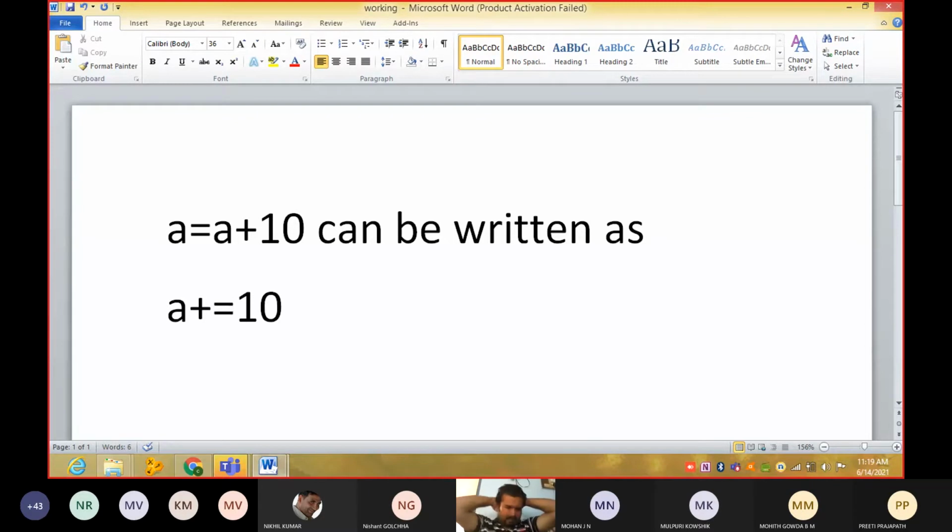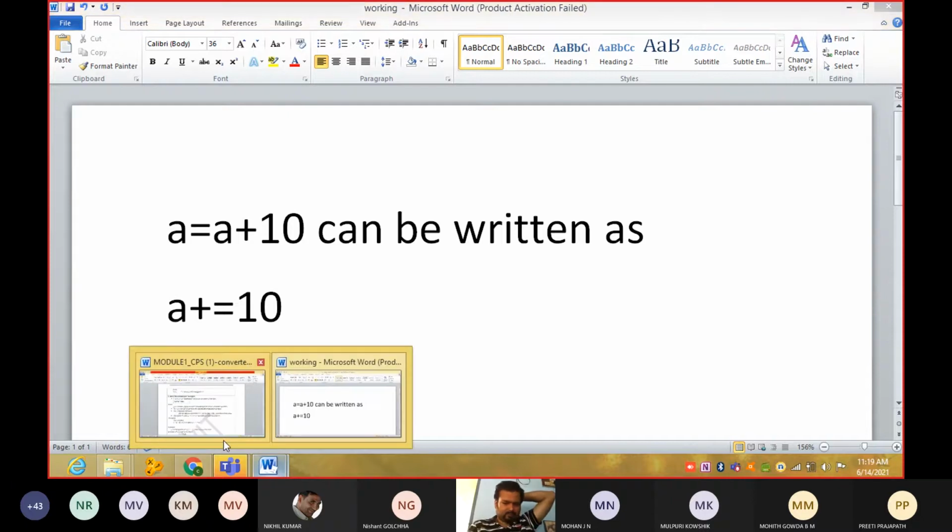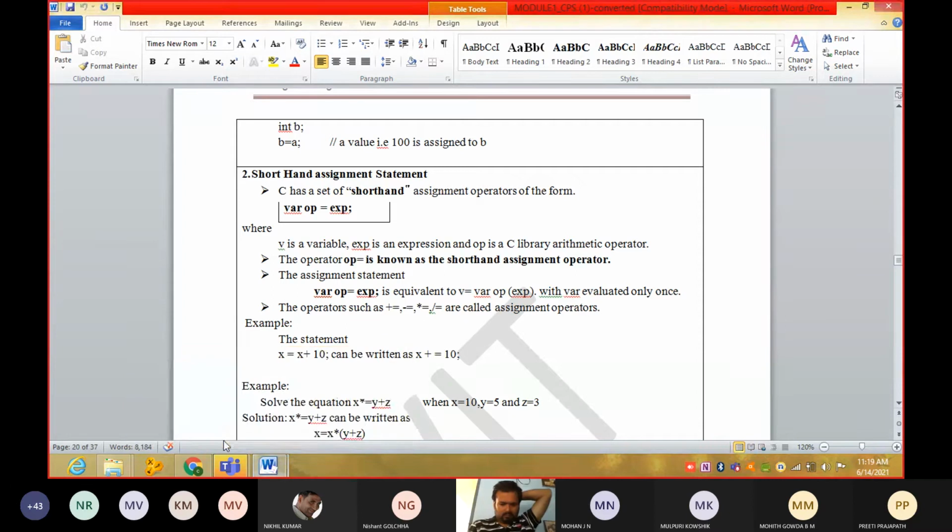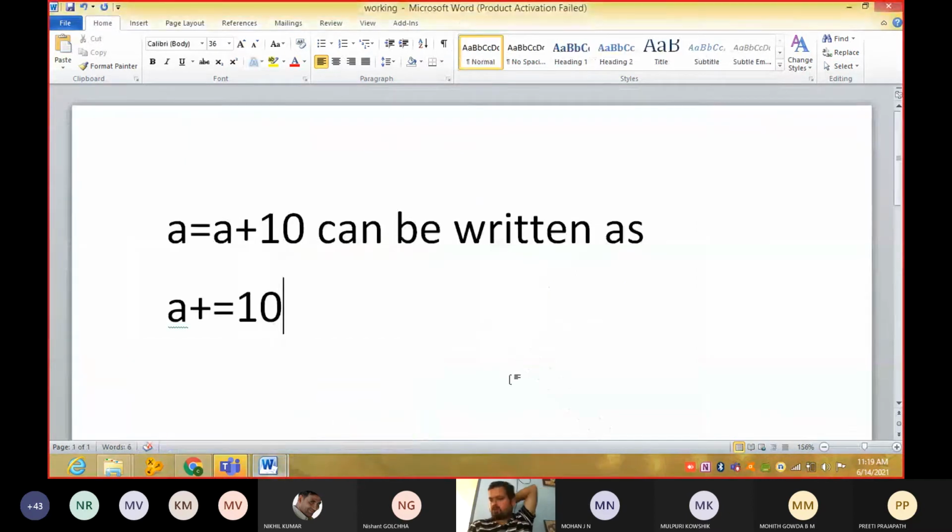See here, guys, this is one type of writing expressions. What it is going to tell is the shorthand operator. We can write this expression A is equal to A plus 10 as A plus is equal to 10, and there are many other cases also.